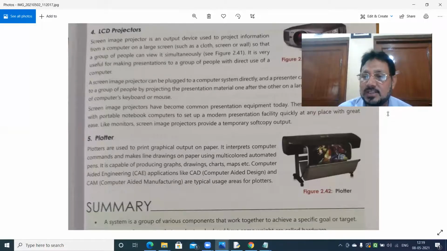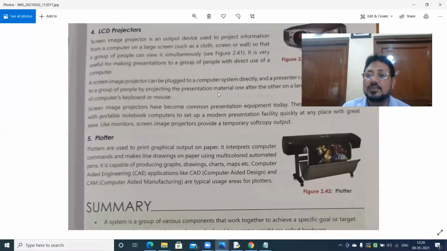So we provide the facility for the presenter or the resource person who is taking the seminar. He uses all his slides and displays them onto the screen by using the projector, and the projector is connected to his laptop or notepad.